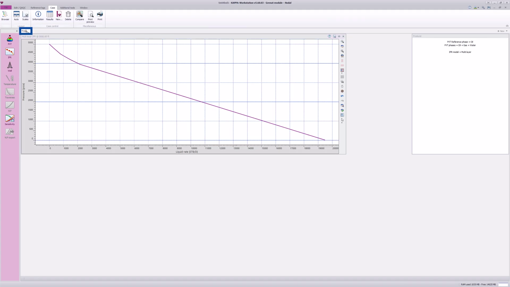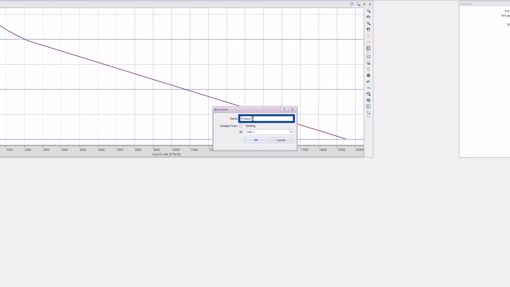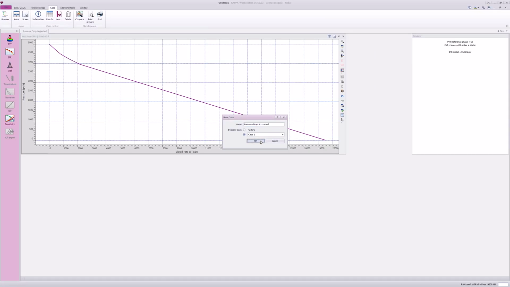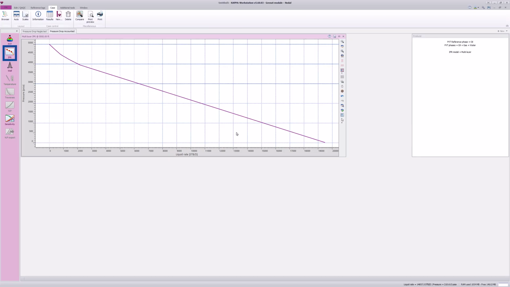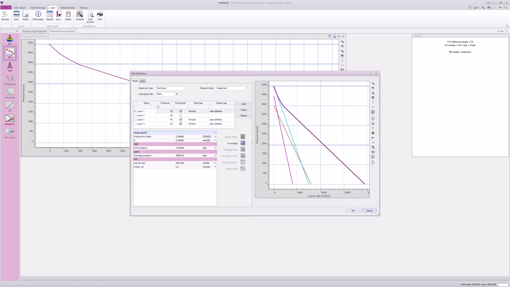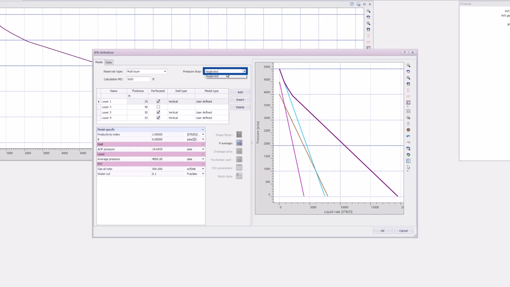This base case is named Pressure Drop Neglected. A copy is created called Pressure Drop Accounted. The multilayer IPR with Pressure Drop Accounted is not yet available, as it requires the definition of the well geometry